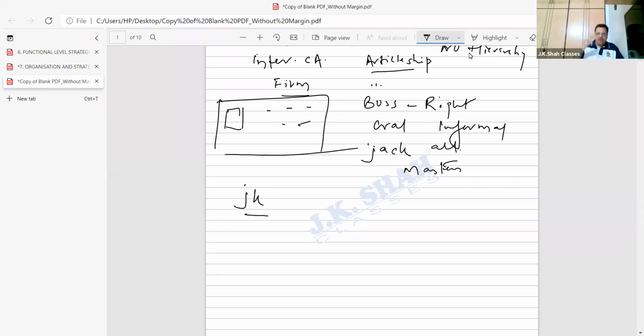So sir said, I thought there is a good scope in this line. So sir started his own JK tuition classes. Please understand. So JK tuition classes were started. Then there are children who would come, okay, sir, I want to study inter. Then fine. One child comes and says, sir, I want to study CA final. He says, fine. So JK sir says, the child who comes for inter, I have to teach him costing also, tax also, all subjects. CA final, some particular students come, I have to teach all.